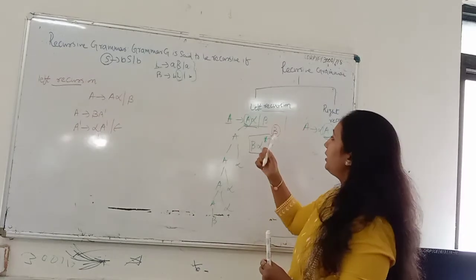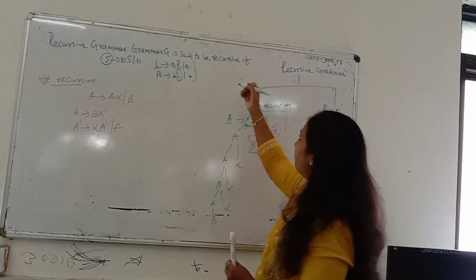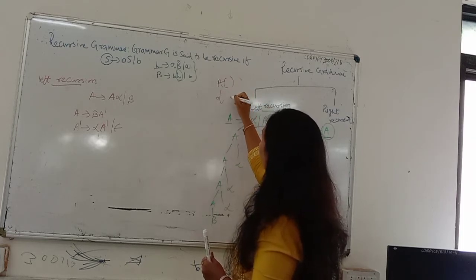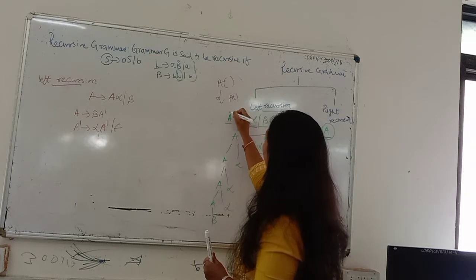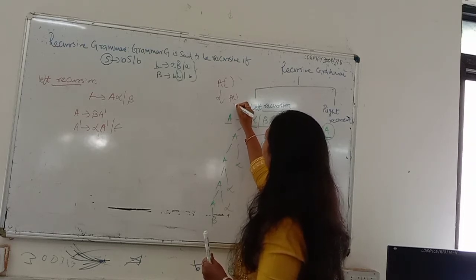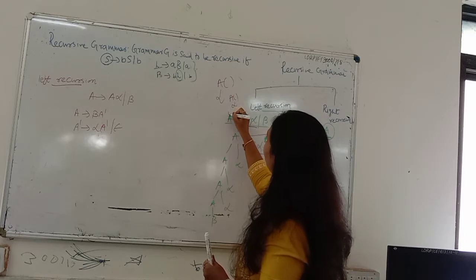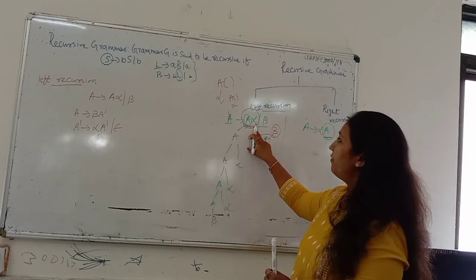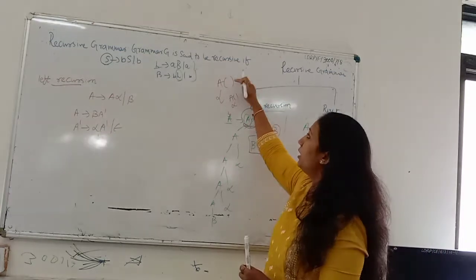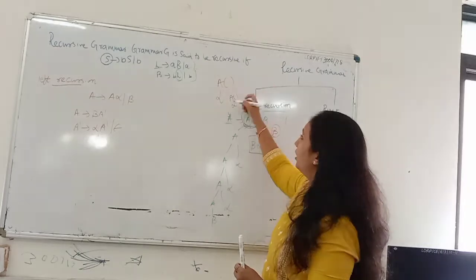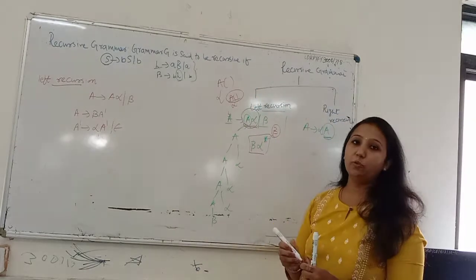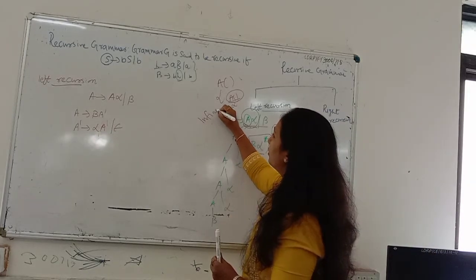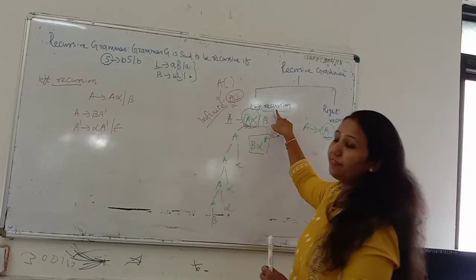If we see it in function form, if we have to make a function of that, it would be like this. In the function A, every time A would be called again, and then alpha and the next part would be called. So for the production A to A alpha, whenever the function A is called, internally function A is called every time. So there is a chance of an infinite loop when we have left recursion.